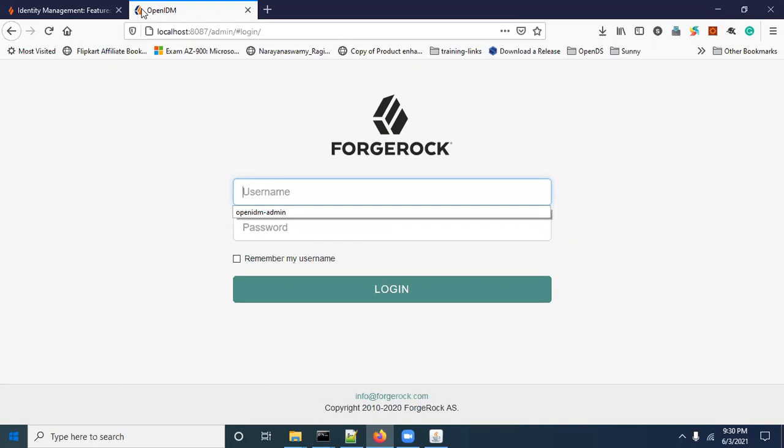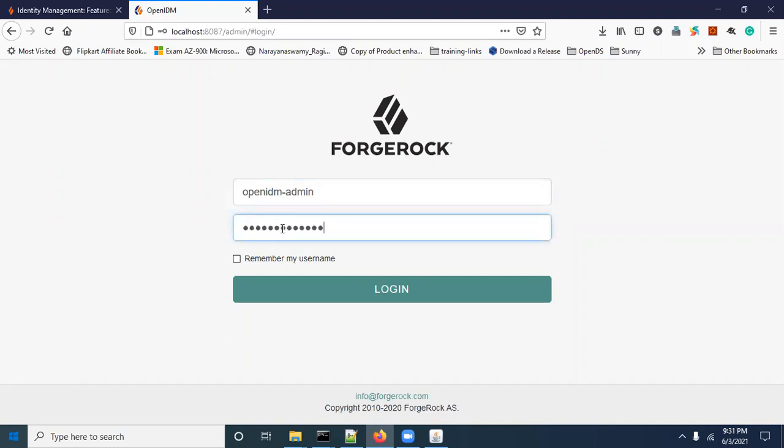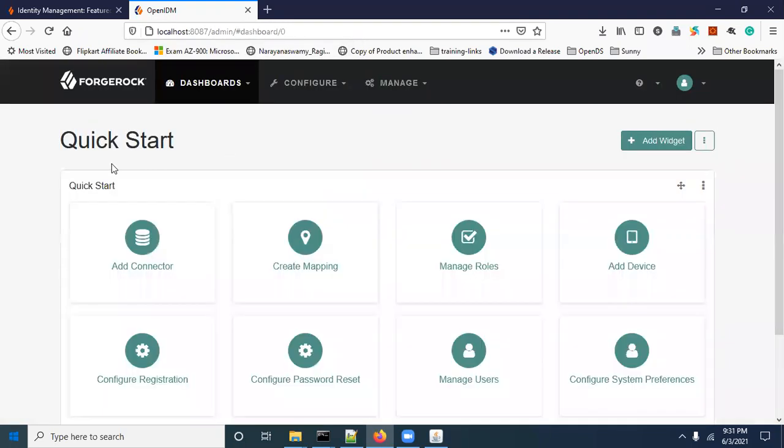One is the admin portal and the second one is the self-service portal. Now I'm trying to log in to the admin portal. The default username is openidm-admin. The password is also the same, so copy that username and paste it in the password place. Click on login. See, now we have successfully logged in to the OpenIDM admin portal.